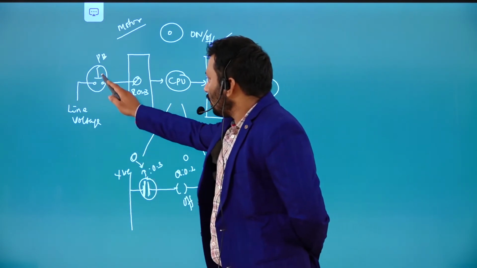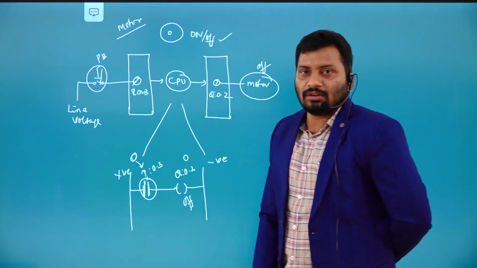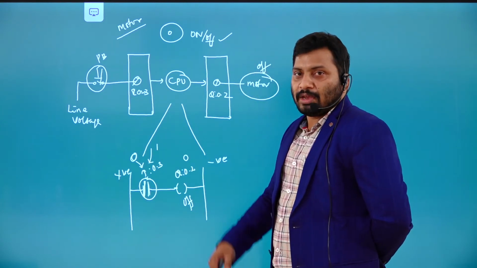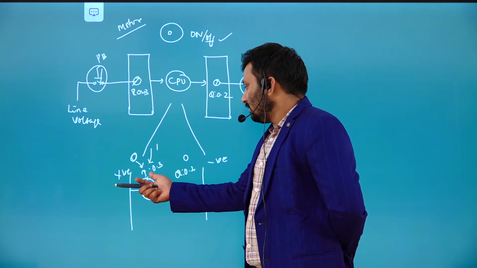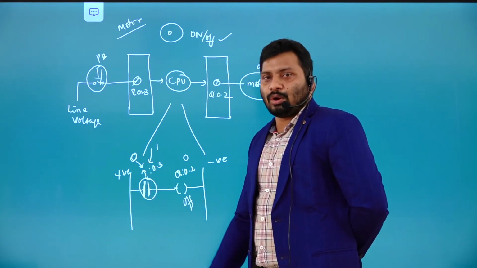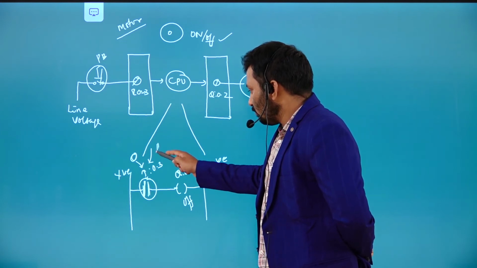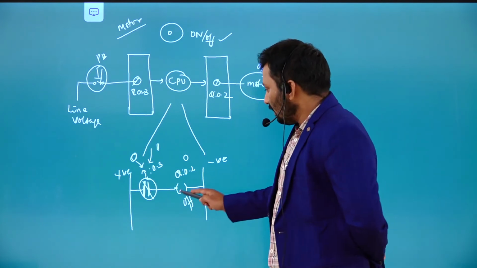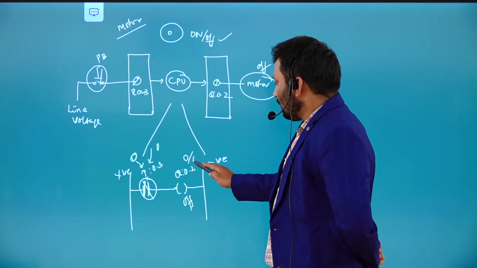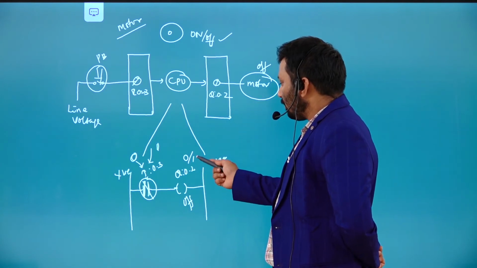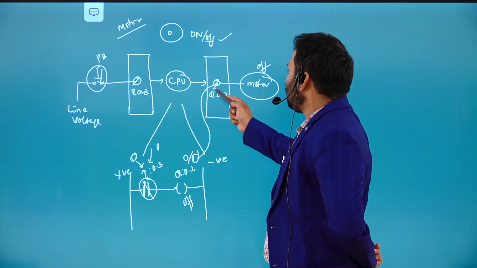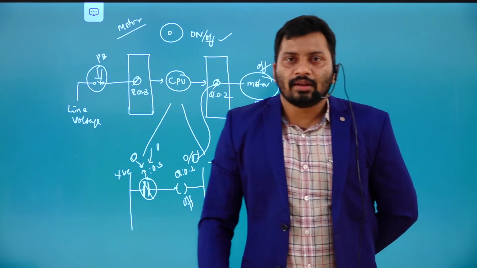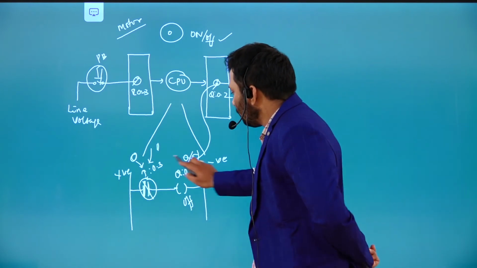So if input is 1, that means if you push this particular push button, then this is going to be 1. In the input image block, the corresponding bit, that is I0.3, is going to be 1. Once it is 1, this normally open contact is going to be energized, that is closed. Then this output is going to become 1. If it is 1 in the output image block, it is updated to 1, and that is going to turn on this motor. Like that this program is going to work, right?